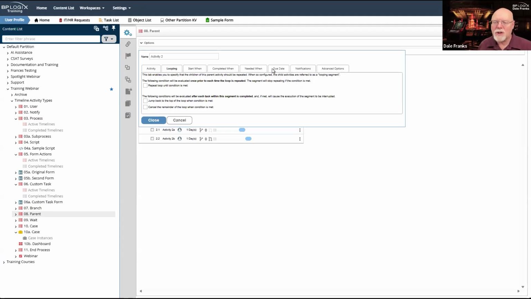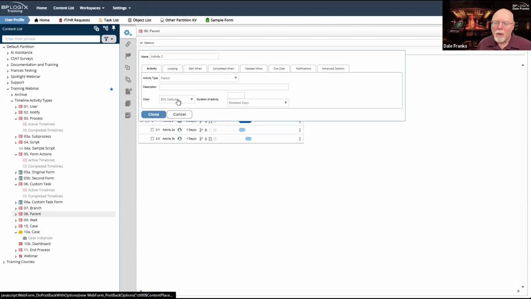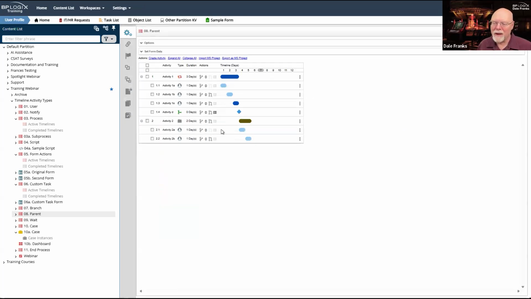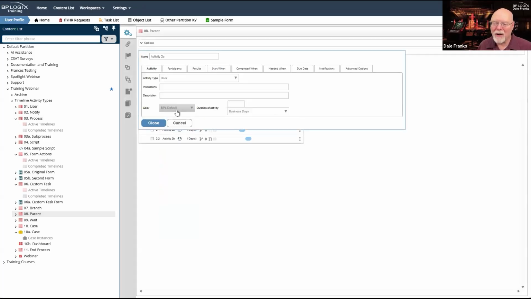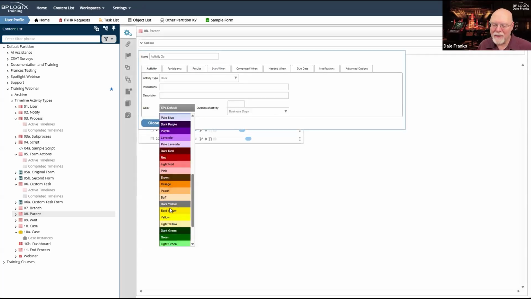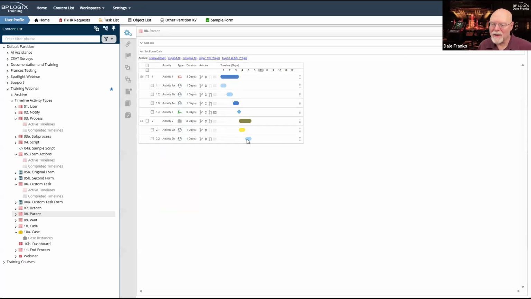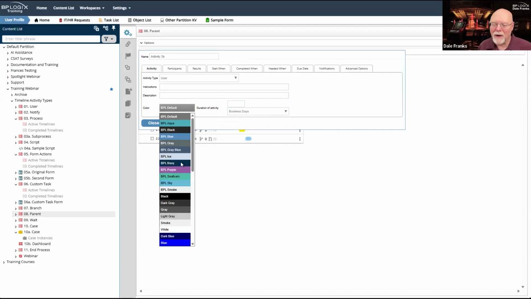To keep things straight, what I often do is I color stuff. So activity 2 would be that dark yellow color, and then the child activities might be these bolder yellow colors.